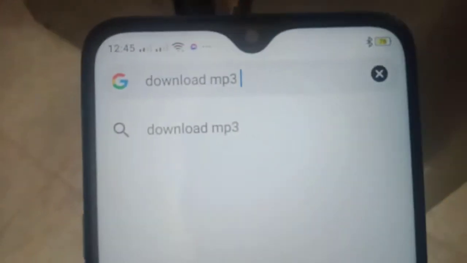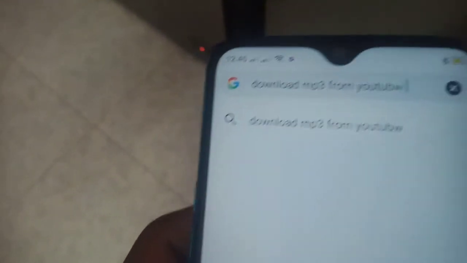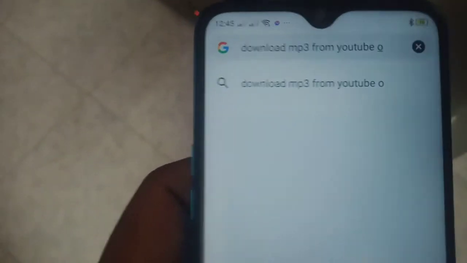Okay, I just copied this link, and in Chrome or any other browser you have to search download videos mp3, download mp3 from YouTube online. A lot of sites will come. You can see